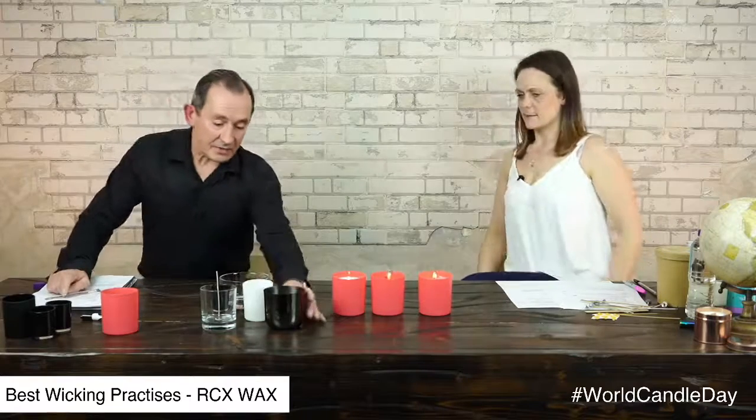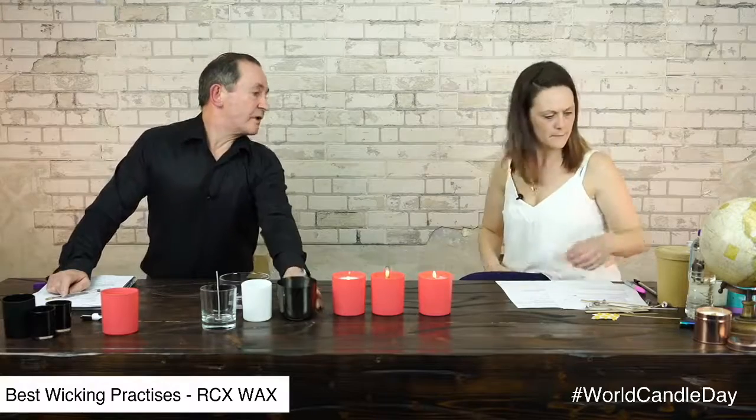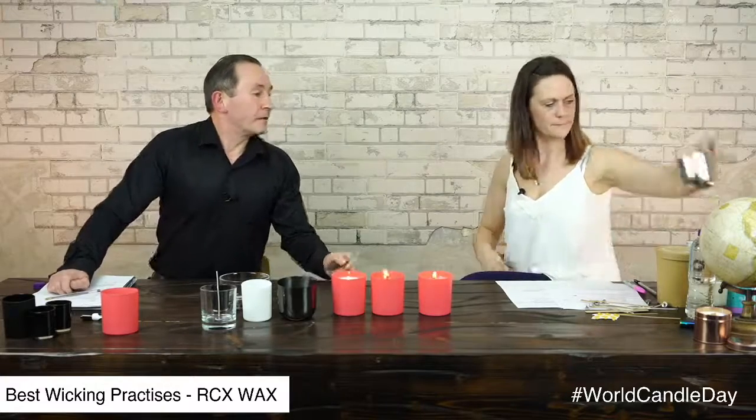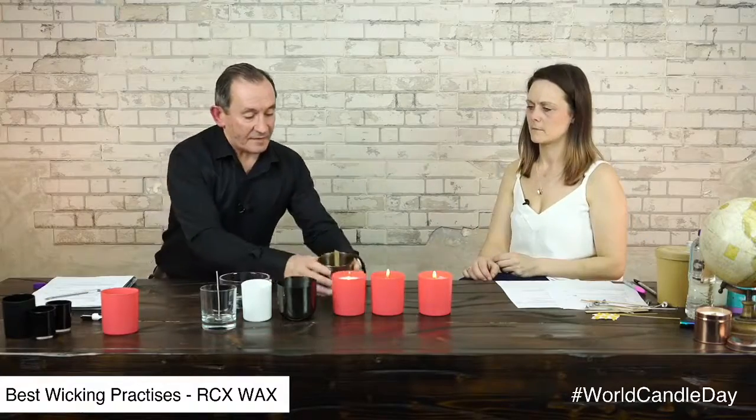And interesting, just off at a slight tangent on Woodwicks, when we have a vessel this size, Zoe, do we have one over there? Yeah. So this vessel here, this has been wicked with